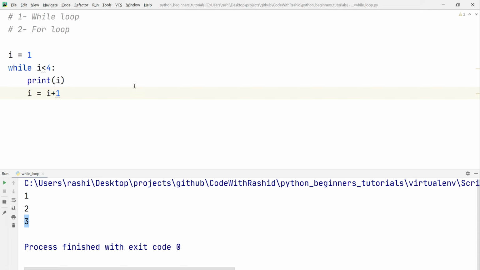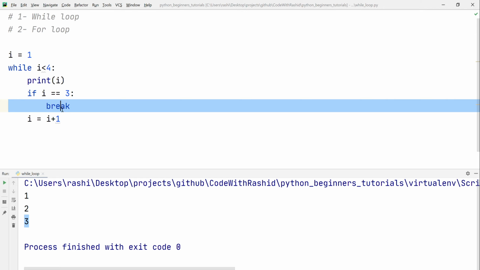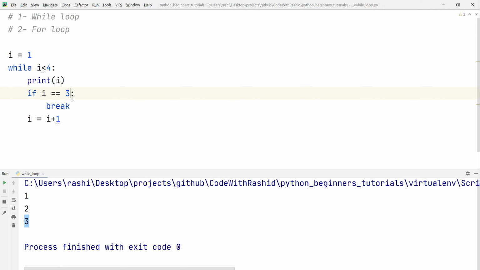The break statement is used to break the flow of the while loop even when the value of the expression is true. So let's say we say if i is equal to 3, then break. So what will happen here? We are saying as soon as the value of i is equal to 3, execute this break statement. Let's say we make it 2. Once this break statement is executed, the control directly comes out of the while loop without executing the remaining statements and even without going back to the expression again.